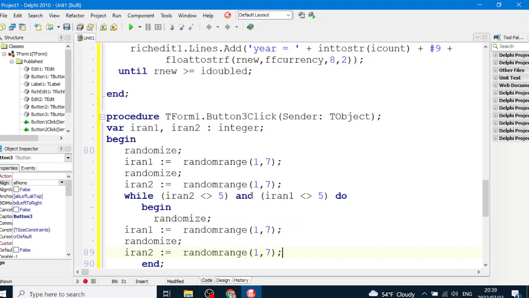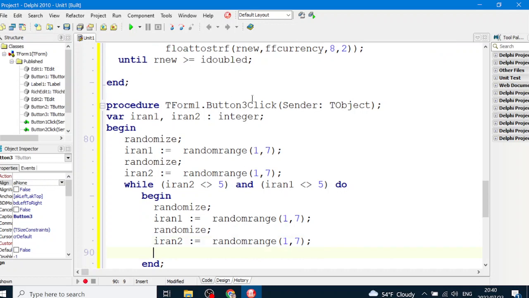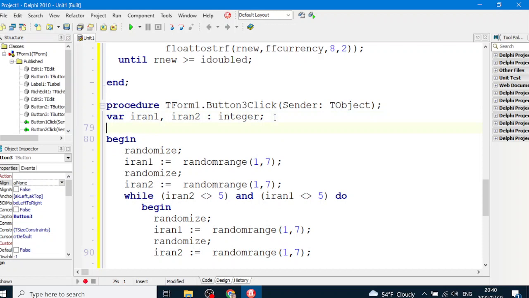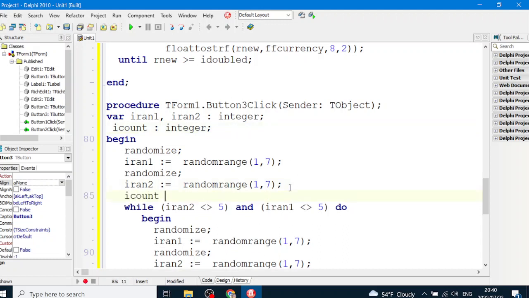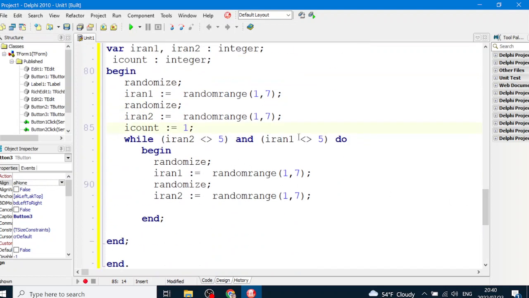Why have I got the and there? I want them both to be 5, don't I? So we're going to keep generating until they are both 5, and I'm going to count how many times. So I'll need an integer to count, and we've already generated one set, haven't we? So we can set our count equal to 1 here, and while both of them are not equal to 5,